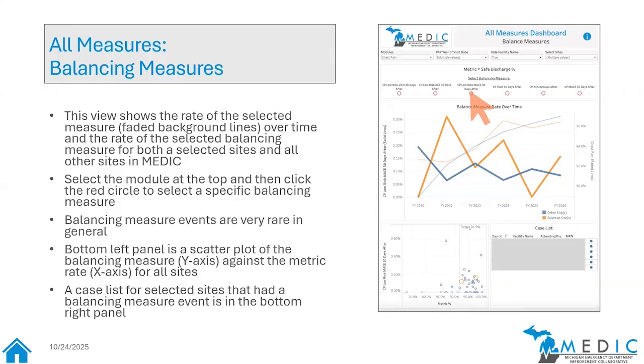And in the corner, where it's sort of blacked out on the screen, is your case list of all the balancing measure events. So if you or your providers have concerns that we sent home someone who met all the low risk criteria, but then they came back with a heart attack in the next 30 days, you can see those cases in that list and go back and hand review those cases at your own site, talk to those providers, and see what that case means to your specific ED.